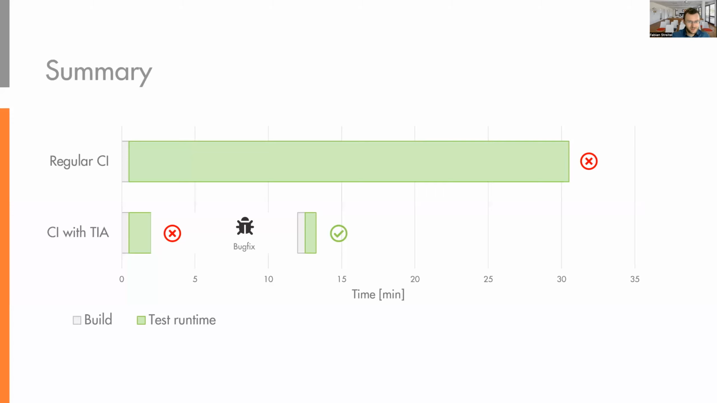All right, then I'll sum up the demo. With regular CI, the whole demo would have taken more than 30 minutes because running the first batch of tests alone would have taken so long. With test impact analysis, we were able to select a small subset of tests that were able to